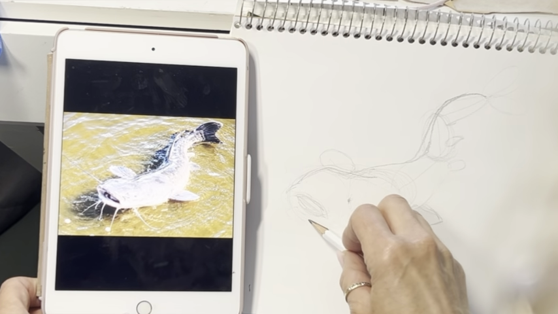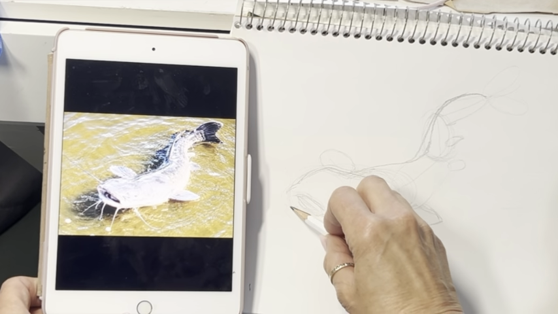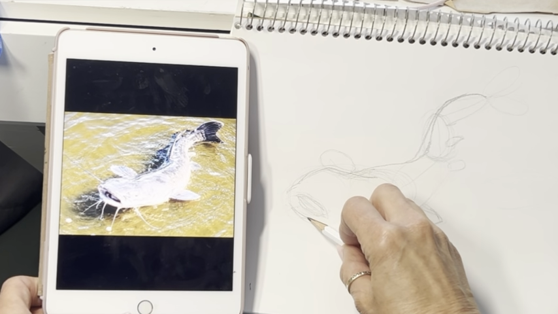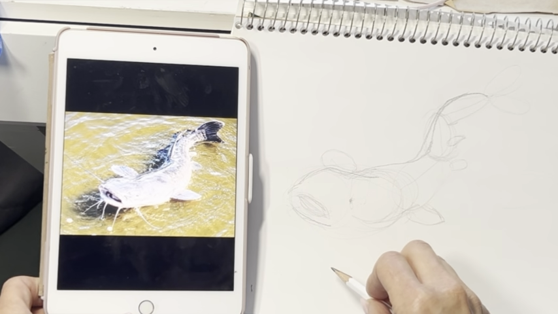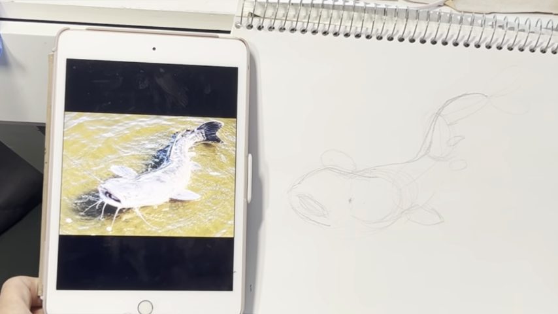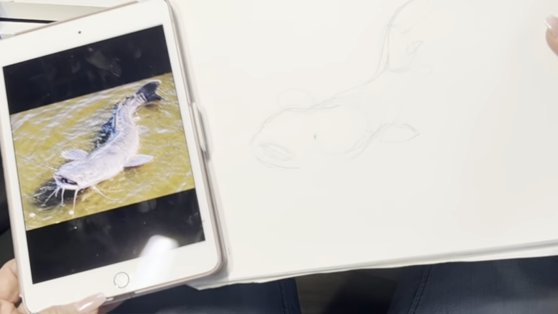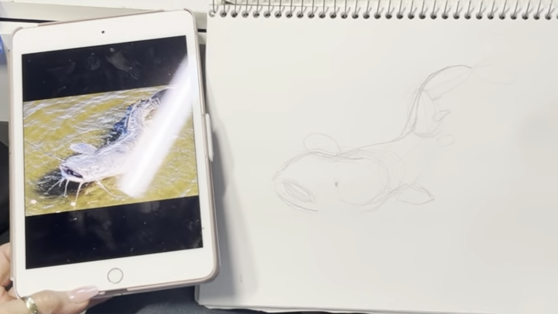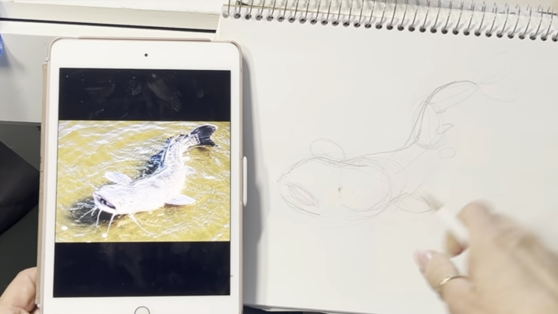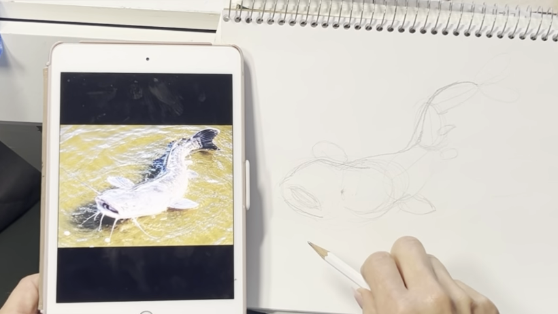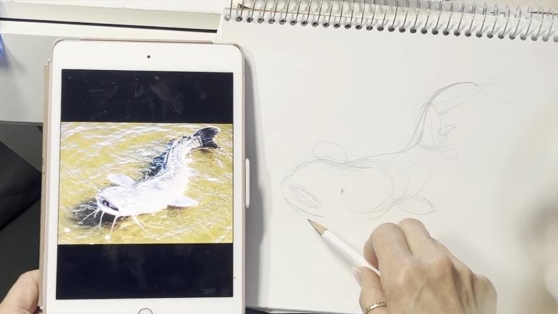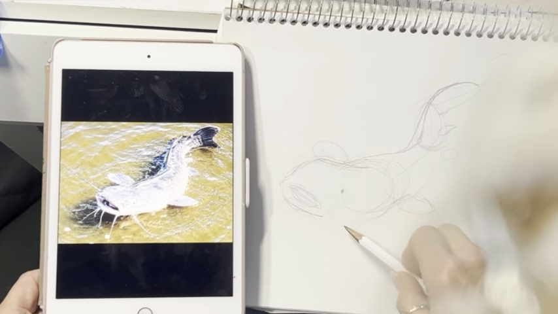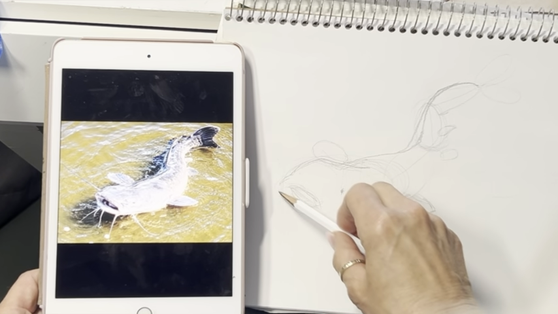And then I'm going to start here where the lower part of his mouth is. If you're not sure where to place your line, I don't know if you can see this, but I'm teetering this on my legs. It's not as stable as I would like it to be. I'm trying to do this for the sake of filming. But if you're not sure where to put your line, rock back and forth a little bit till you see